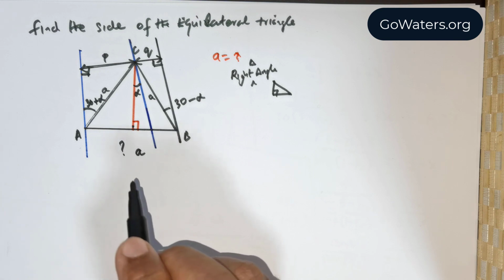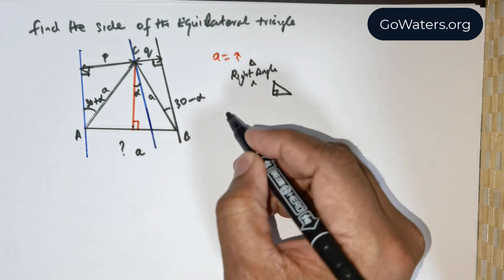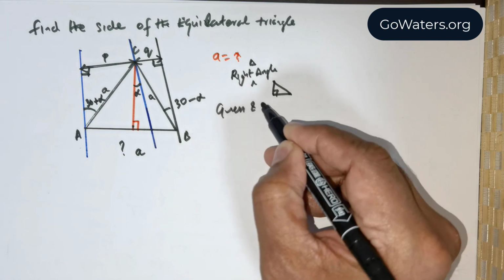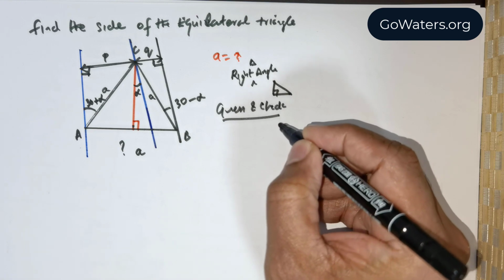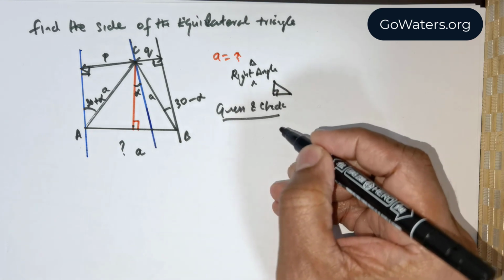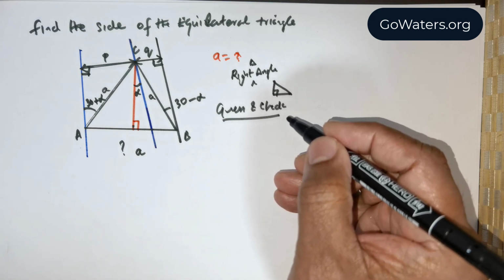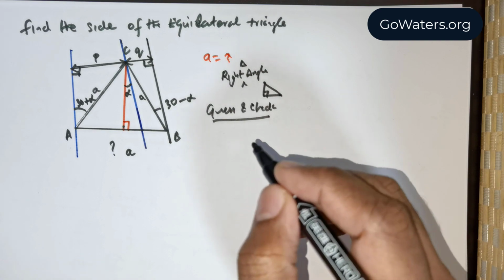Now, there are also situations and cases where you will have to guess and check, right? And that is how things work in certain problems. Outrightly, you may not be in a position to obtain the solution, but you will have to guess and check and zero in on the